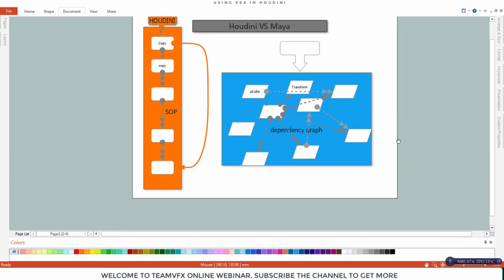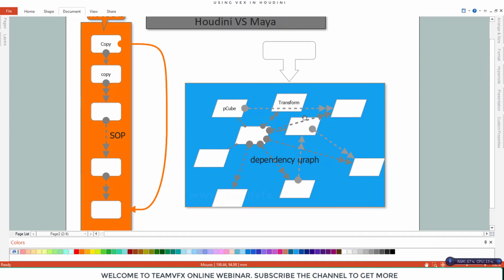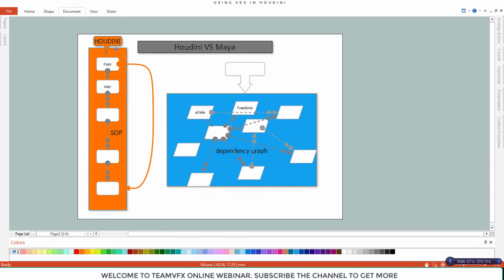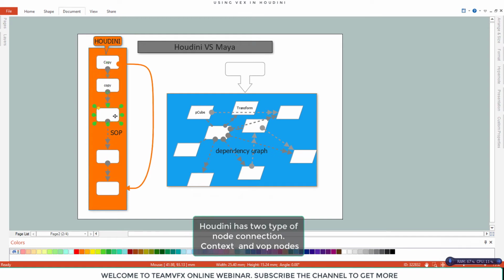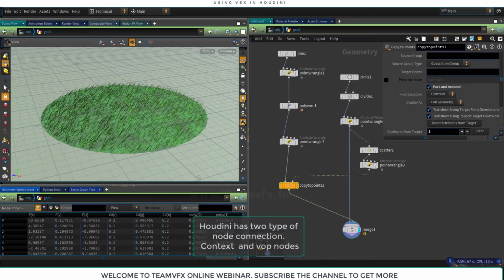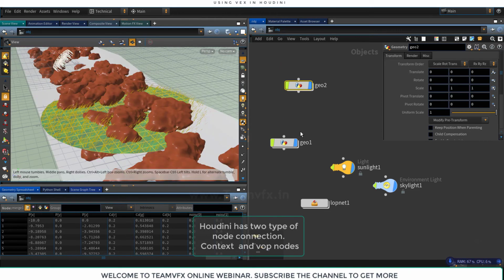As you can see on your screen, we have some node structure over here and some node structure over here. The difference you can see is that in Houdini, whenever we create a node, this node passes the whole geometry to a new node that modifies that geometry above, and then it passes to this, and then it goes and goes and goes.